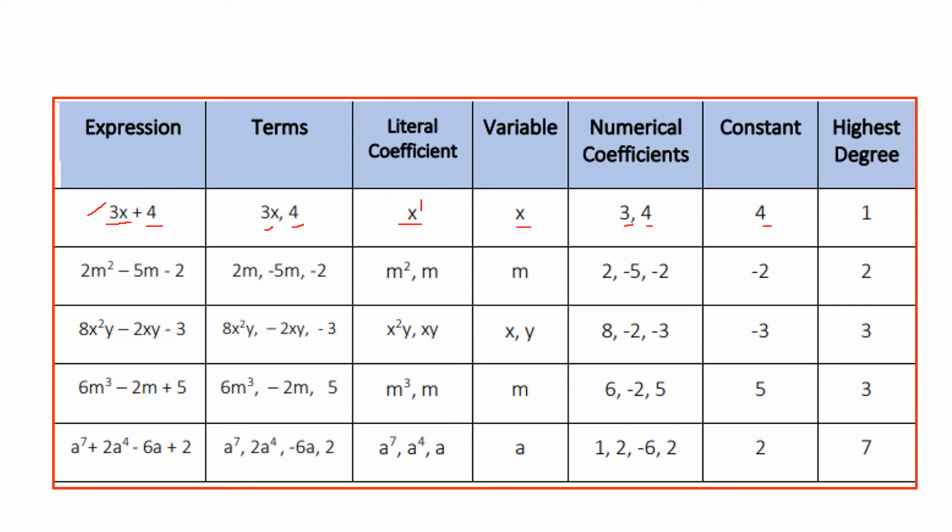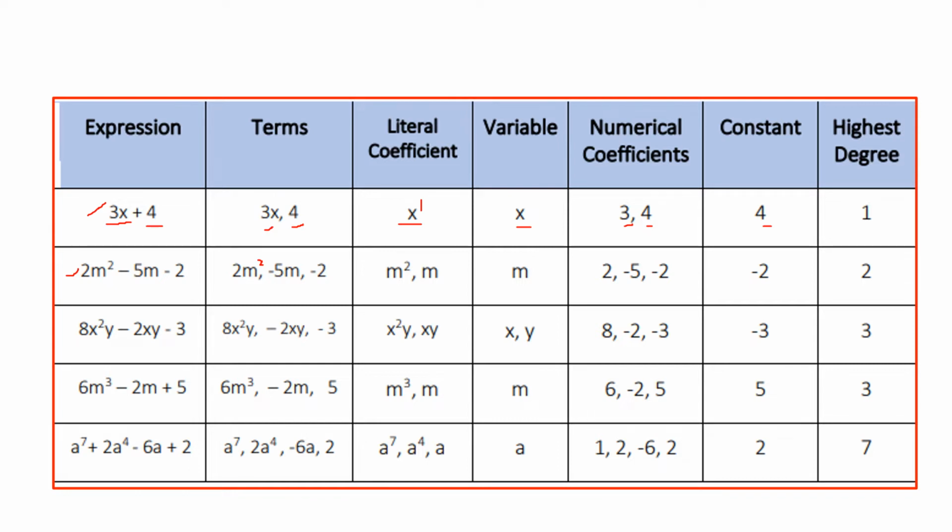For example number 2, we have the expression 2m squared minus 5m minus 2. We first look at the terms. So the first term is 2m squared, so that should be 2m raised to 2. And then the second term is negative 5m. And then we have the third term, negative 2. Again, take note that we have to include if it is negative or positive, if it follows the minus operation or the subtraction operation, so we have to write that as negative,